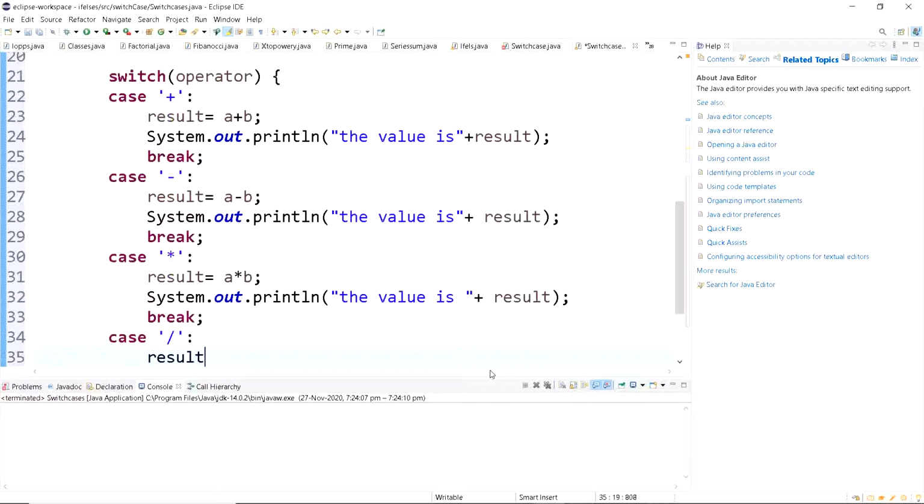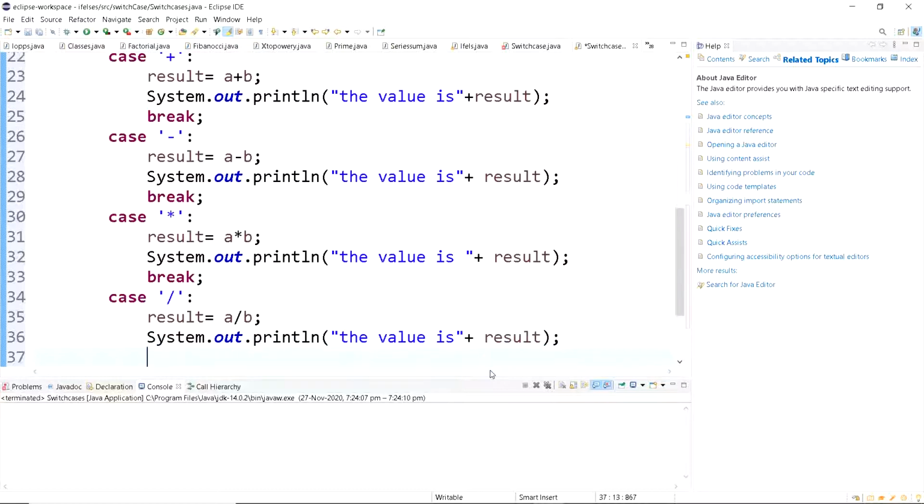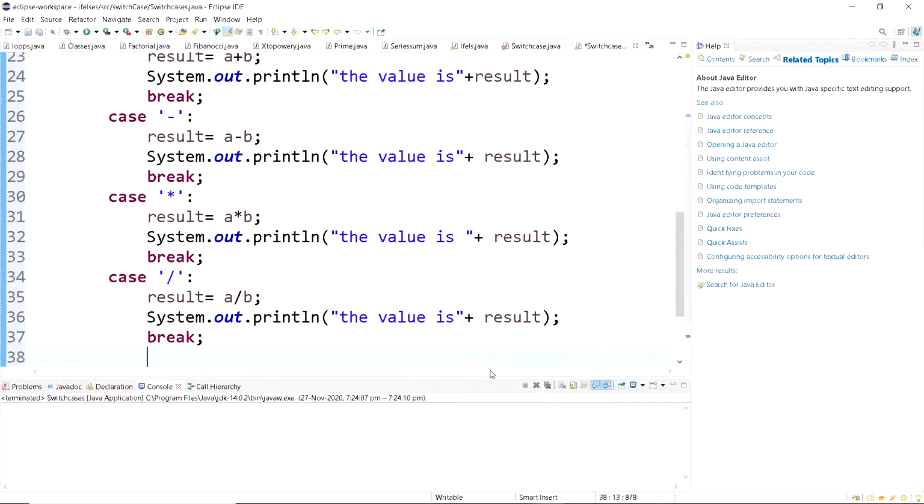Now the result equals A slash B. The value is result, then break, and then default.